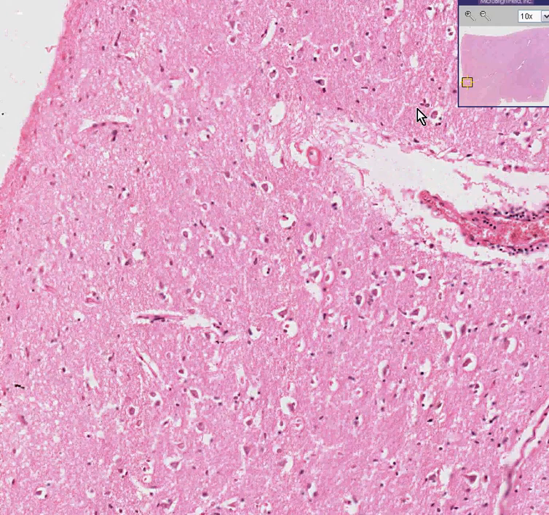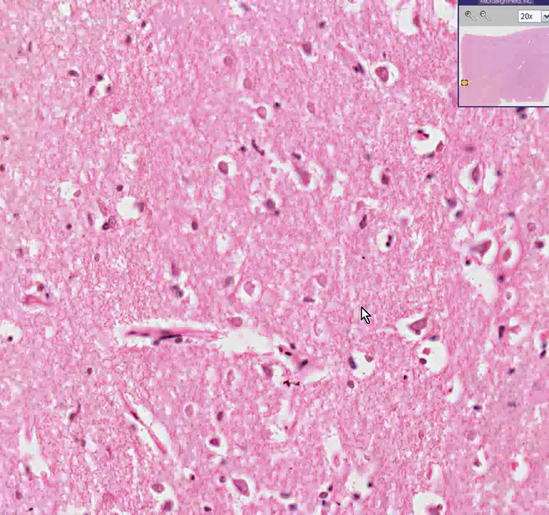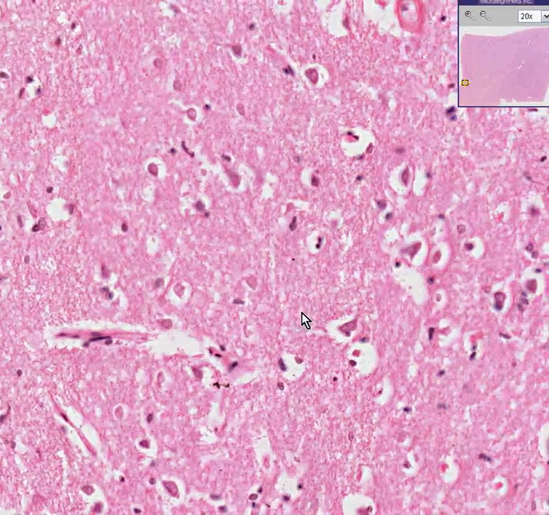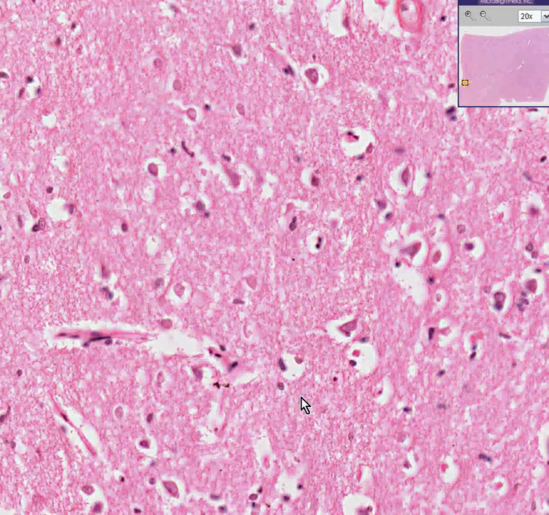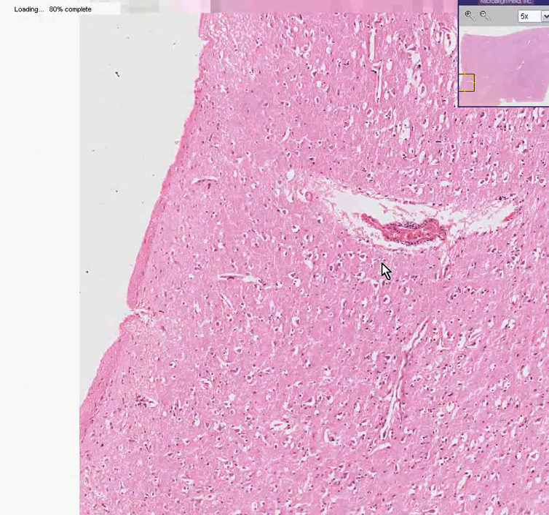Here are a variety of both glial cells, which are most of the small nucleated cells here, like here, here, probably here, as well as the larger neurons, like you see here, here, and here. But, you know, we perhaps can't see the forest for the trees, because if you take this, what you might